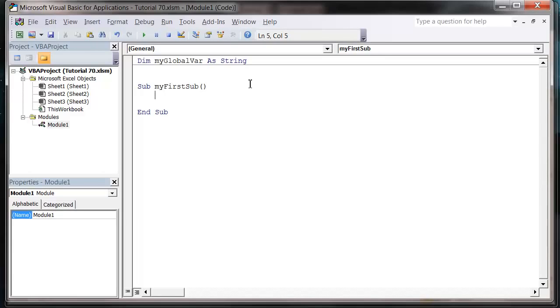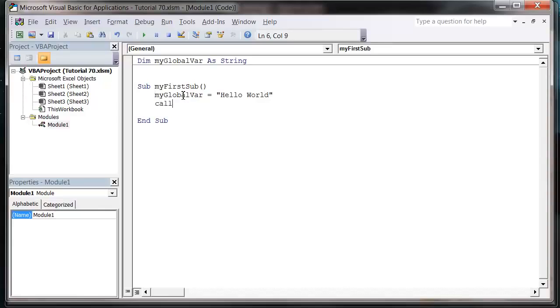And so notice how our global variable is being declared outside of our sub. But we can still access this variable from inside our sub. So let's put myGlobalVar equals "hello world",